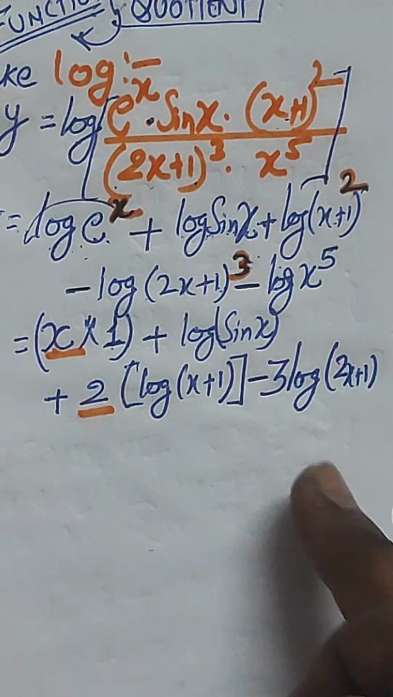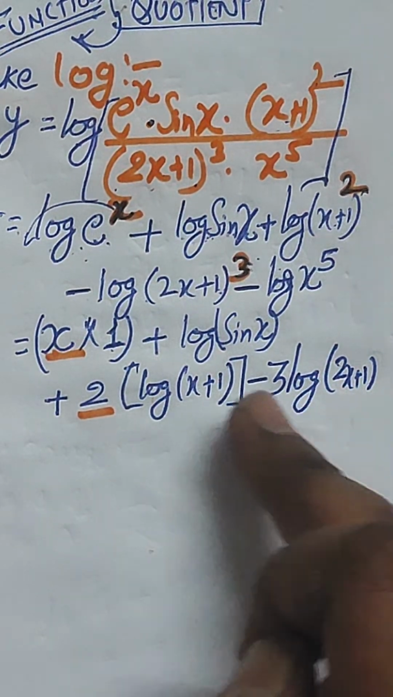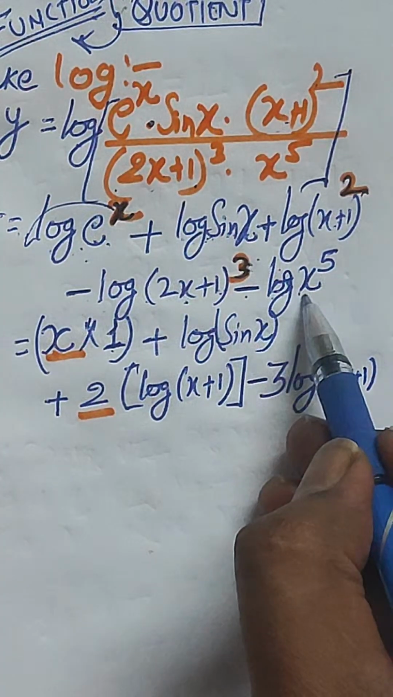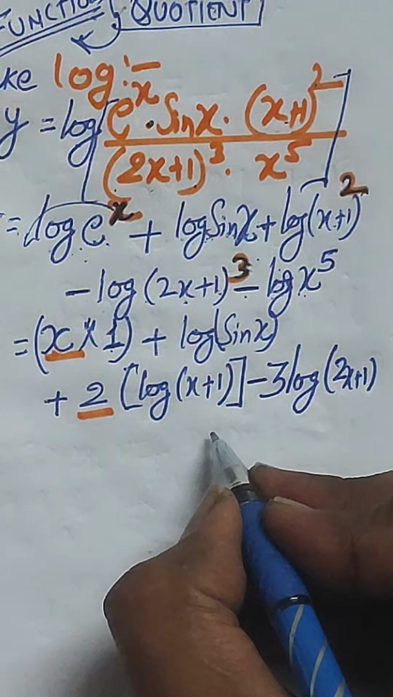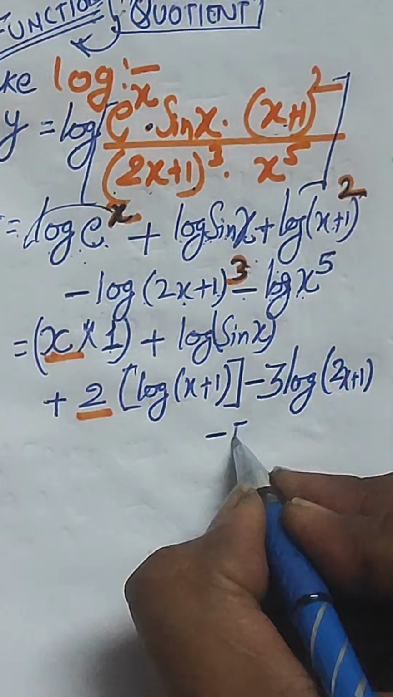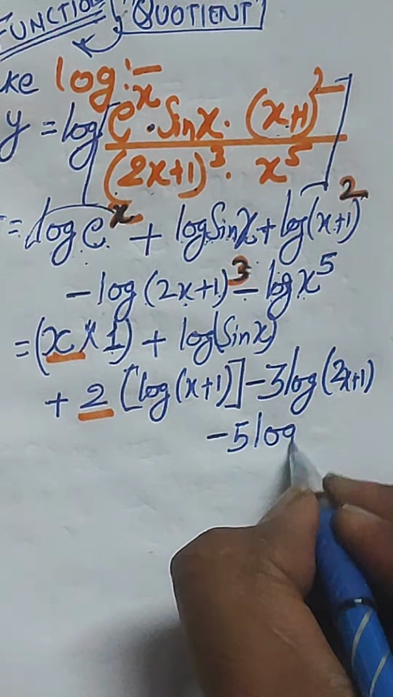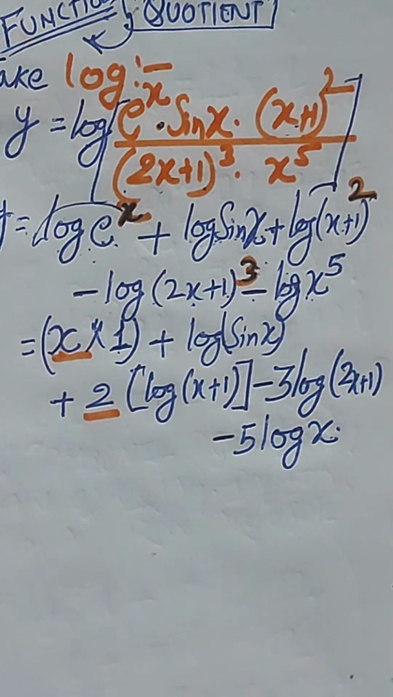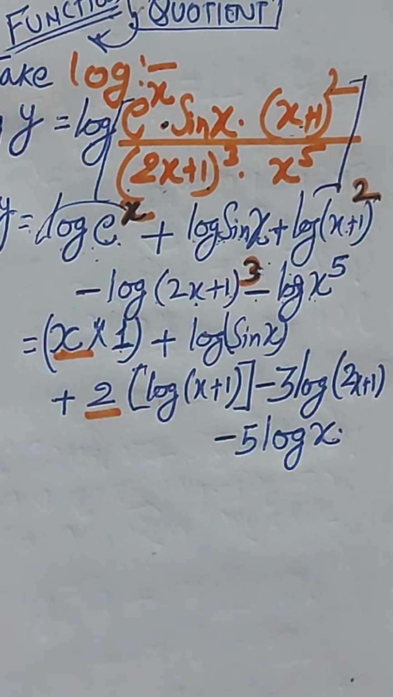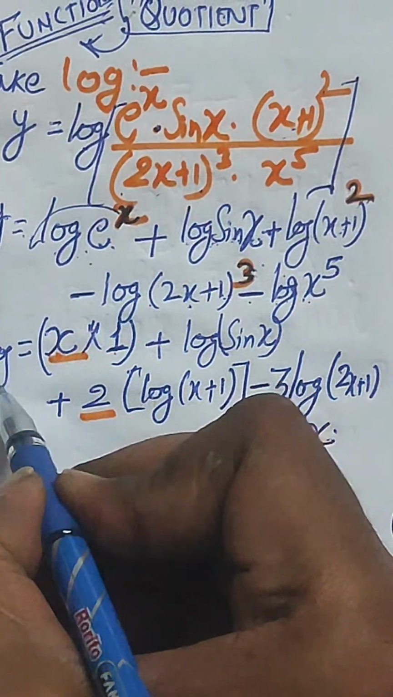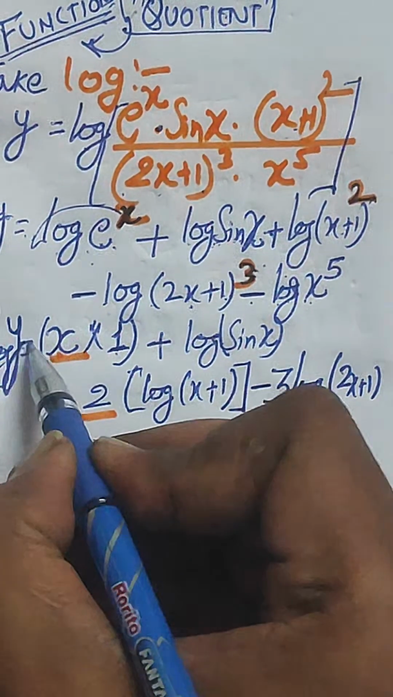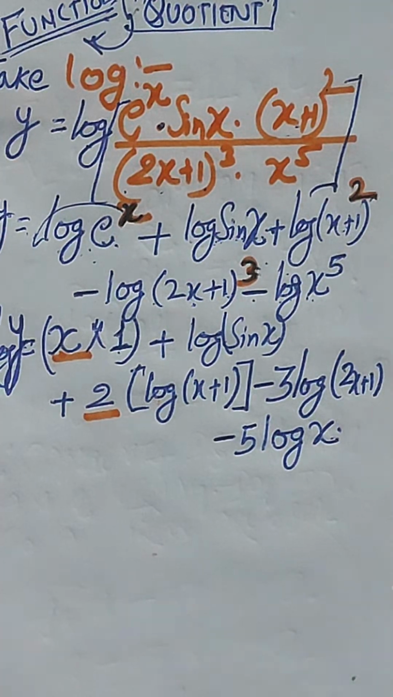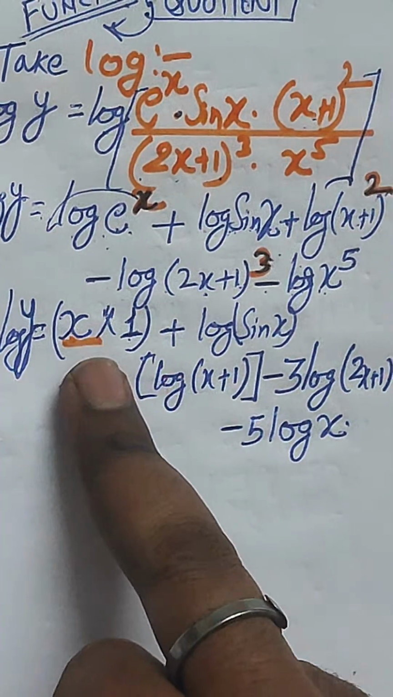Right. So 3 times log of 2x plus 1, which will be for this function, and in the last, minus log of x power 5 can be written as minus 5 times log of x, right? So into the LHS we have log of y. Log of y is already there, right? Now what we will do, at reaching this point,